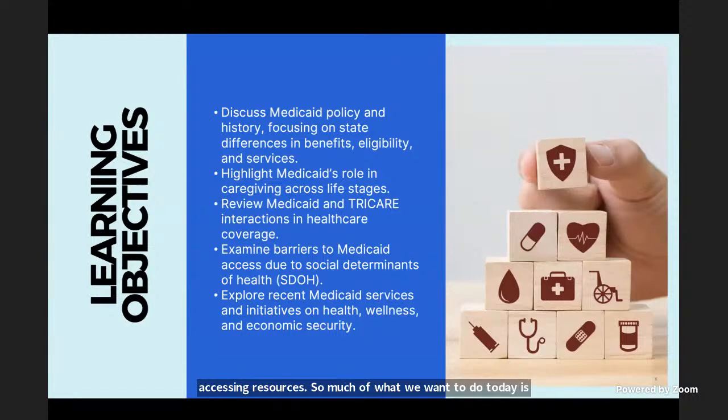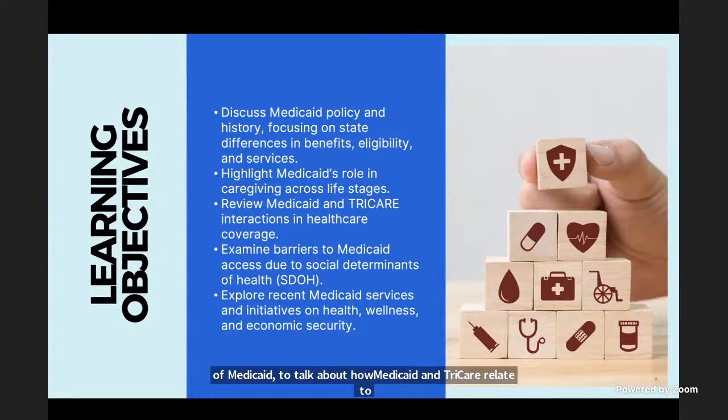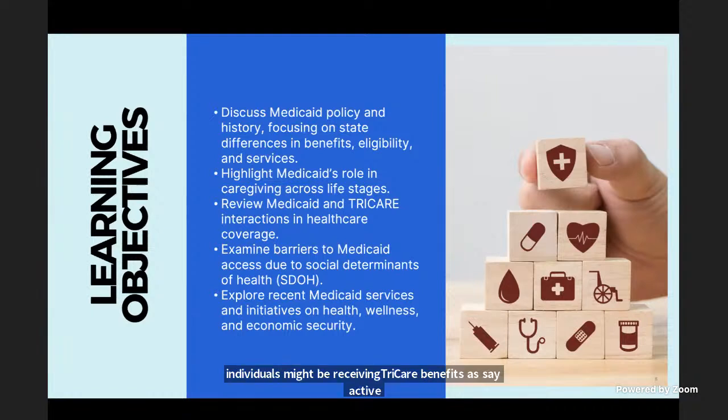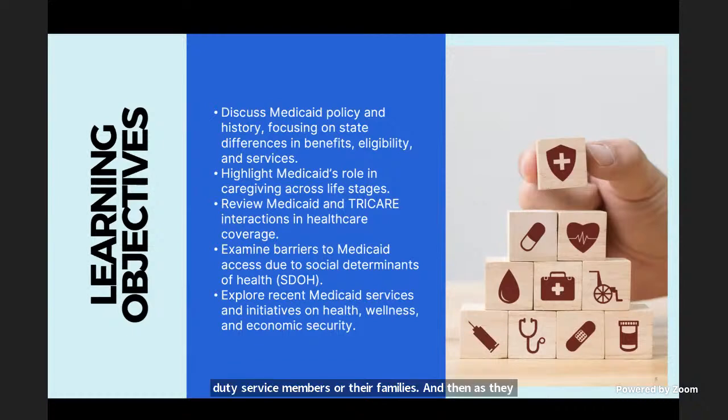and help to empower you in terms of understanding the contours, the complexities, the strengths, and the limitations of Medicaid, and to talk about how Medicaid and TRICARE relate to each other, both concurrently, where at times people may be using both benefits at once, but also consecutively, where individuals might be receiving TRICARE benefits as, say, active duty service members or with their families,